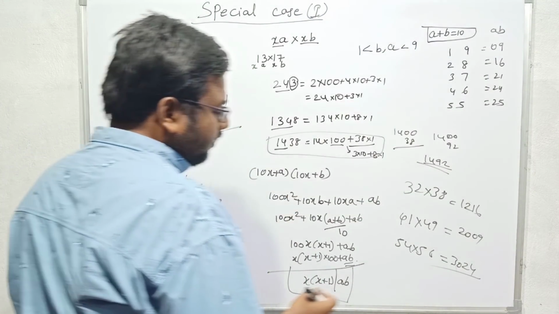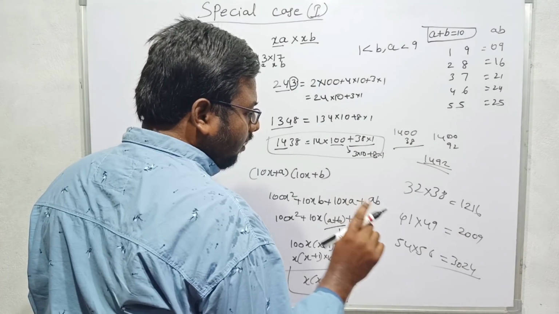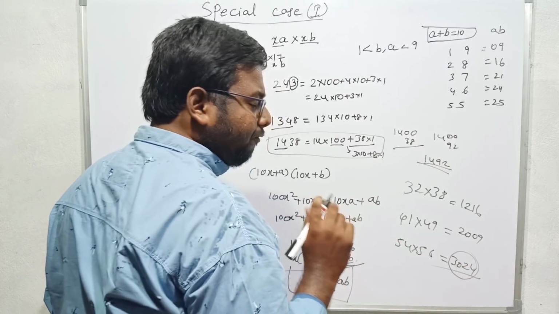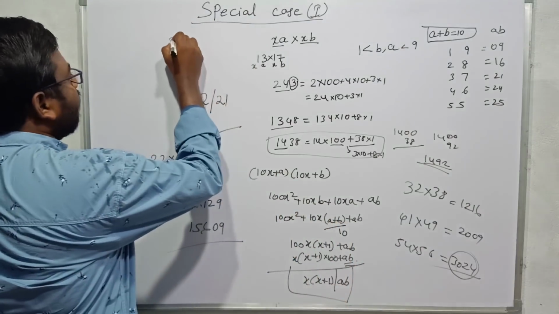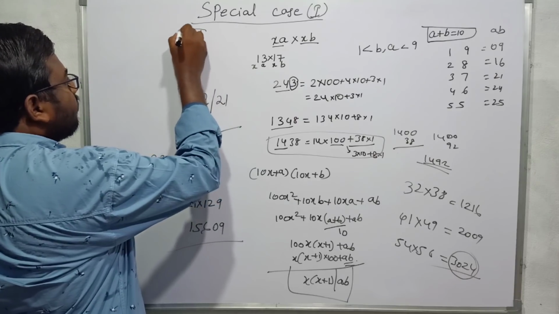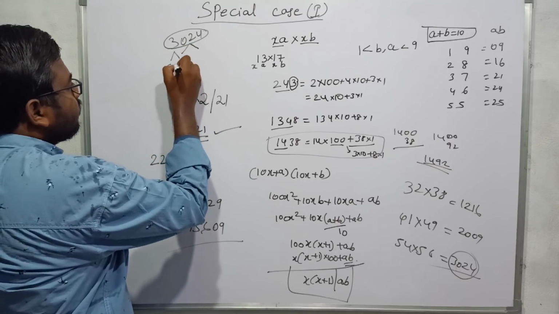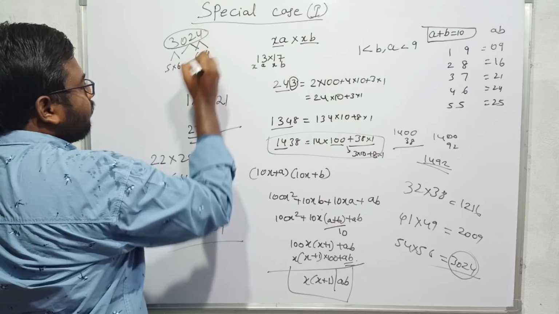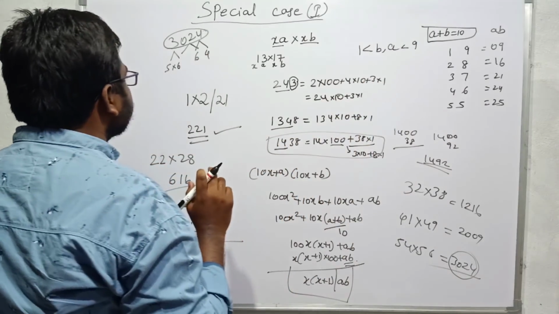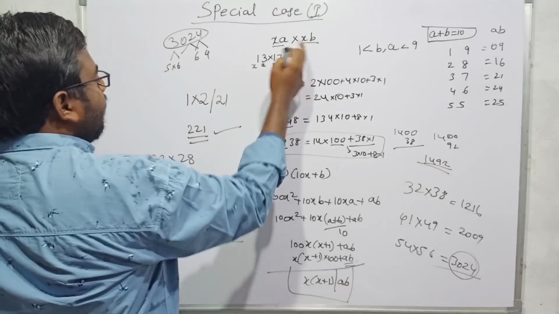And if you want to know why this is happening, for example, if you want to calculate the reverse one, that means arithmetic is all about the numbers only. If we want to understand a number, the understanding of a number is nothing but its prime factorization. If we go the reverse way, if I have the number 3024, what I will do is write 30 as 5 into 6 and 24 as 6 into 4. That means 6 into 4, 6 plus 4, the sum is 10, it is accepted. So I can say this has two factors, which are xa and xb.